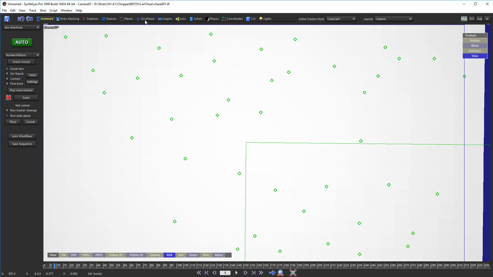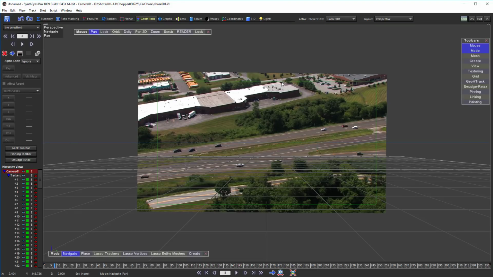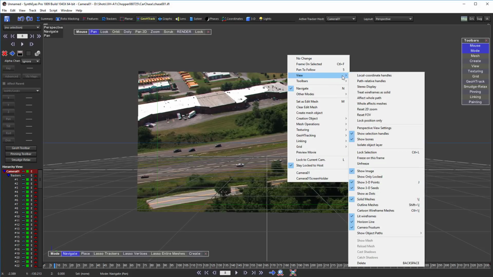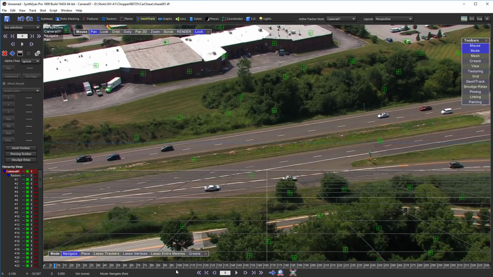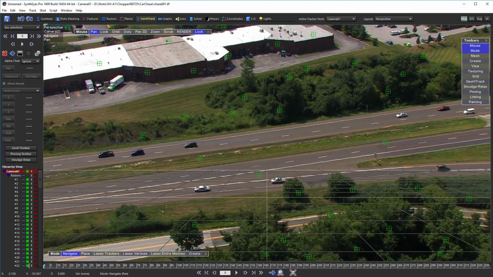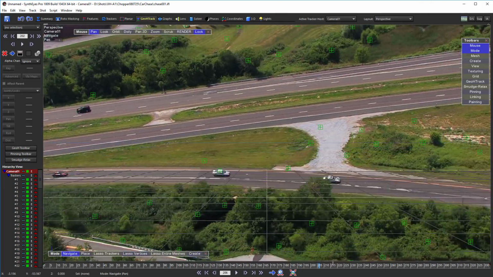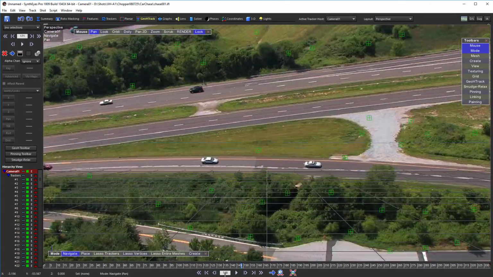And you wonder what happened. You need to go into the perspective view now to be able to see what's actually going on. And in fact, to be sure, we'll turn off the normal background display of the perspective view, and we'll lock to it. And now we're seeing the stabilized image